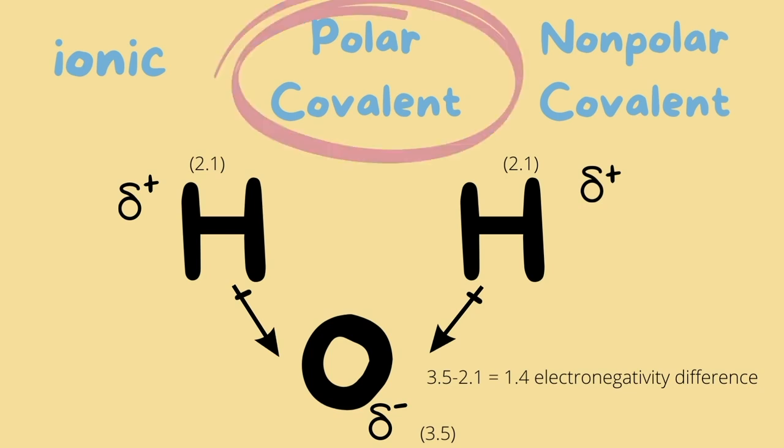By the way, we automatically ruled out ionic bond because hydrogen and oxygen are both non-metals. Also, I want to introduce this symbol here called a dipole moment. The arrow points in the direction of the most electronegative atom. In this case, both arrows are pointing in the direction of the oxygen.